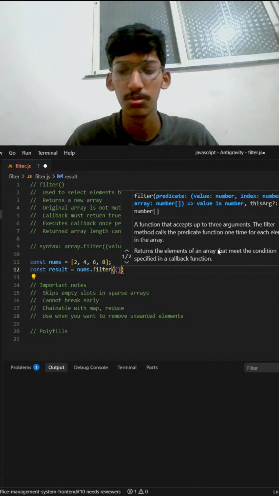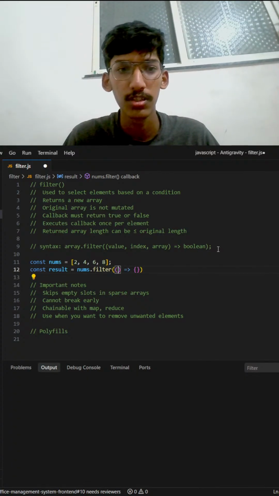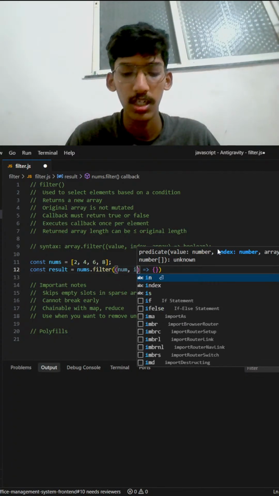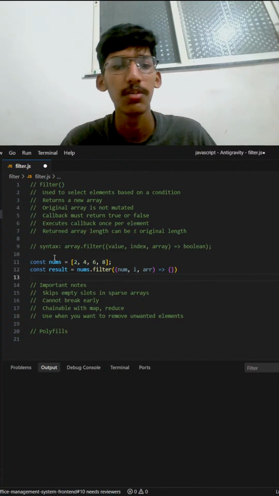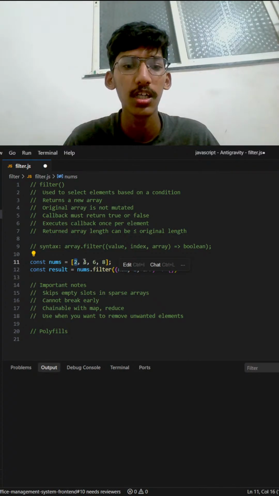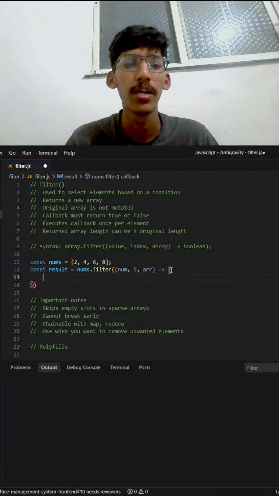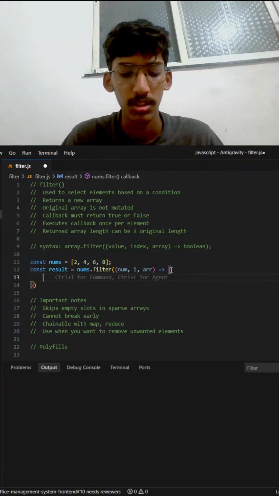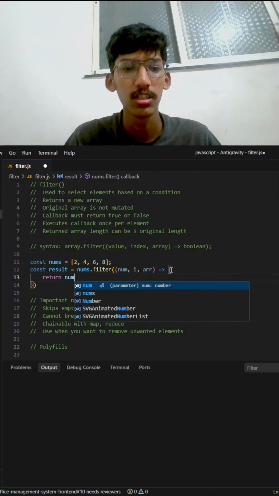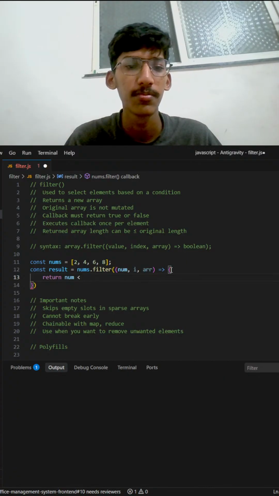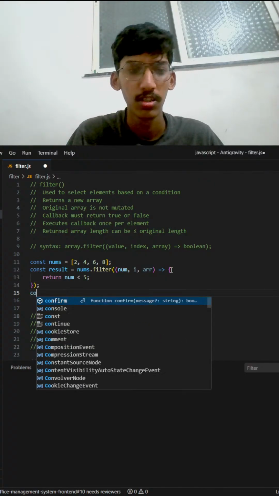In filter, we are going to pass the callback function. In the callback function, we are going to pass num, i and array. So what is num? Current value. As we are going to iterate over our nums, num shows the current value, i shows the index of the current value, and array is the entire array. Then in the callback, we are going to return a boolean based on the condition. So here the condition is num should be less than 5, and if it is less than 5, then